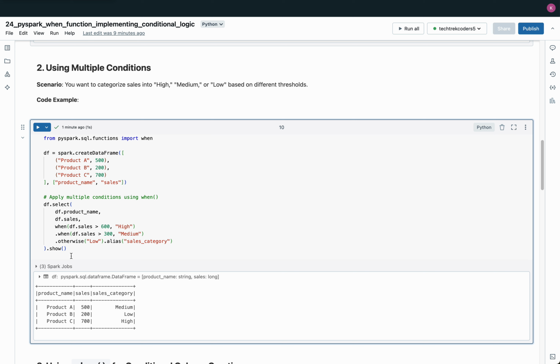value low. By chaining multiple when clauses, we can apply more complex logic and categorize the data into several distinct groups. The select method is used to include the original product_name and sales columns along with the new sales_category column, which is renamed using the alias function. When the result is displayed using the show method, we can see that product C with sales of 700 is categorized as high, product A with sales of 500 is categorized as medium, and product B with sales of 200